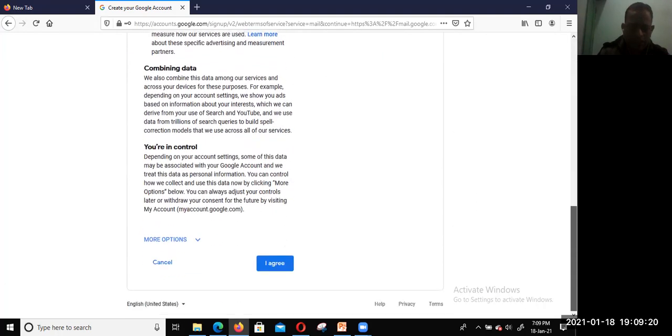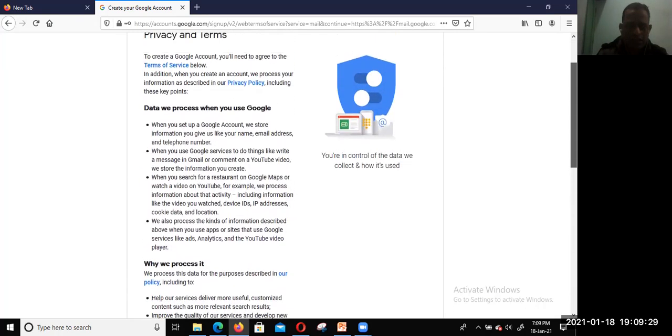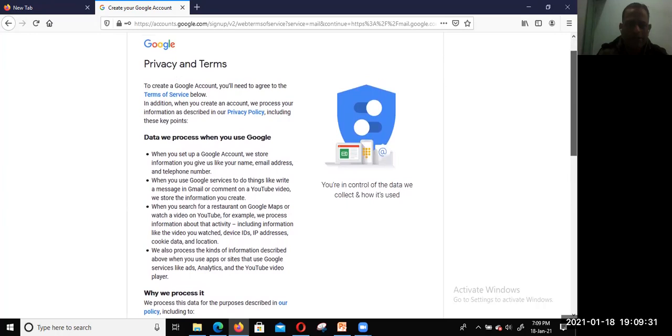Here you can see more options. Just read the instructions: combining data, you are in control, the data we process when you use Google, privacy and terms. To create a Google account, you will need to agree to the terms of service and the privacy policy.